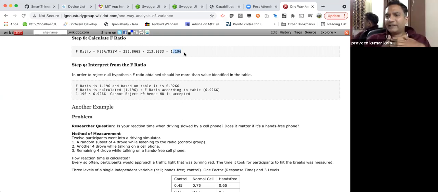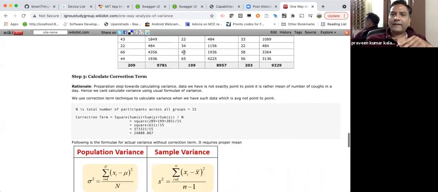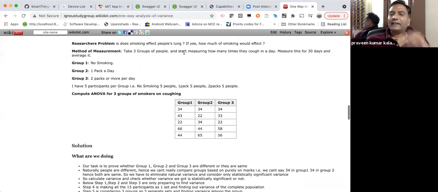Yeah. So my interest area is what? What is my interest area in the entire problem? I need to find variance between these groups. I need to check whether group 1 is different from group 2, group 2 is different from group 3. My interest area is to find the variance between group 1, group 2 and group 3.